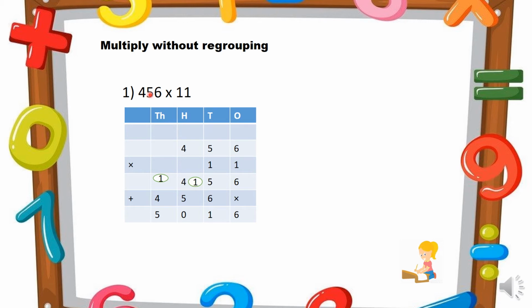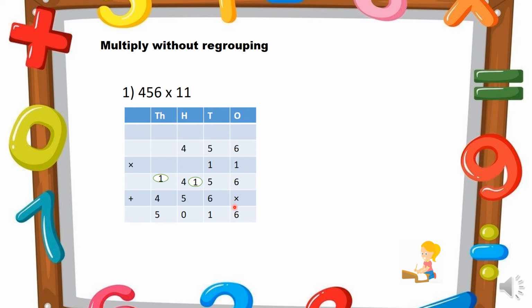Let us see the next example. Multiply 456 by 11. First, we have to take the first digit of the multiplier, 1. Multiply 1 with 6, 5, 4. 1 6 is 6, 1 5 is 5, 1 4 is 4. Okay, this is your first row of the result. Second, when you are multiplying with the second multiplier digit, you have to place a 0 here or put a symbol. Then 1 6 is 6, 1 5 is 5, 1 4 is 4. You have to add this.